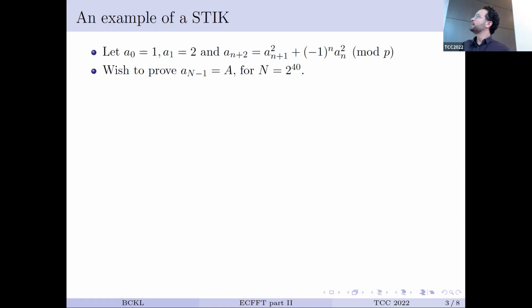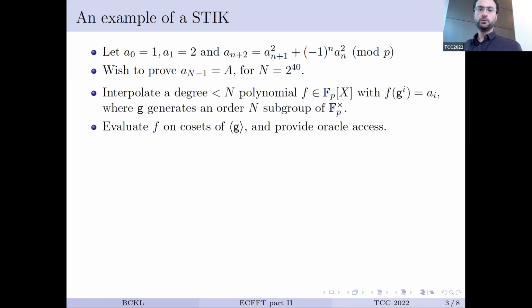So, for example, we have this kind of computation, which is a recurrence formula, kind of Fibonacci-like, but it's not linear, so you can't skip ahead with some clever tricks. You have to do the computation step by step, and we want to do it for very many steps, 2 to the 40 steps, and we get the value, and we want to convince a verifier that this is what you get after so many steps without them having to do all of this computation themselves.